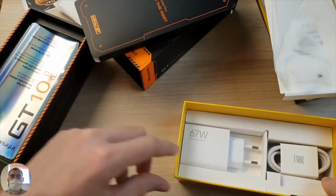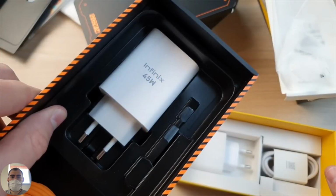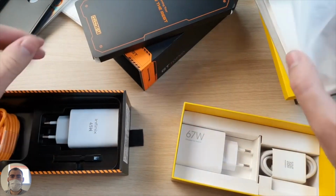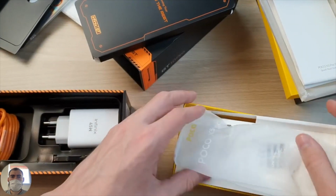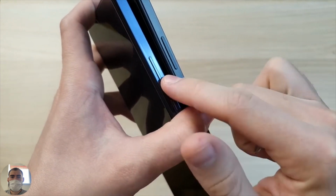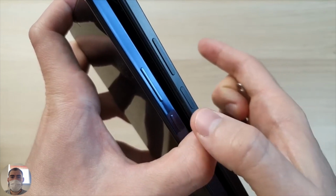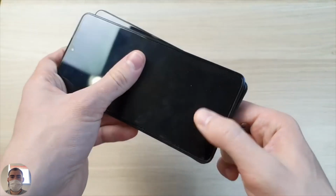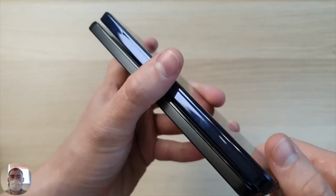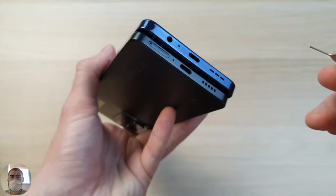But the Infinix has the glass, and basically that's everything I see. Now we'll see for ourselves which smartphone is better, more powerful, with better photographs. Guys, look, they have the same location of the volume rocker and power button on one side. But the Poco has a regular scanner in the button, while the Infinix has a scanner right on the screen like a flagship. The SIM tray is located on the left side of the Infinix. At the bottom of the Poco, and the Infinix also at the bottom,